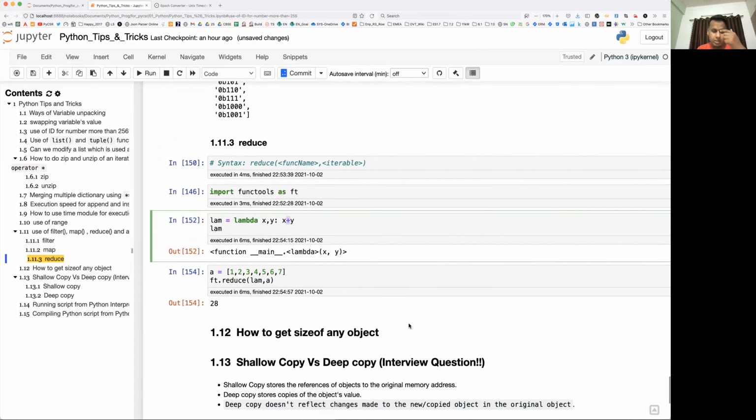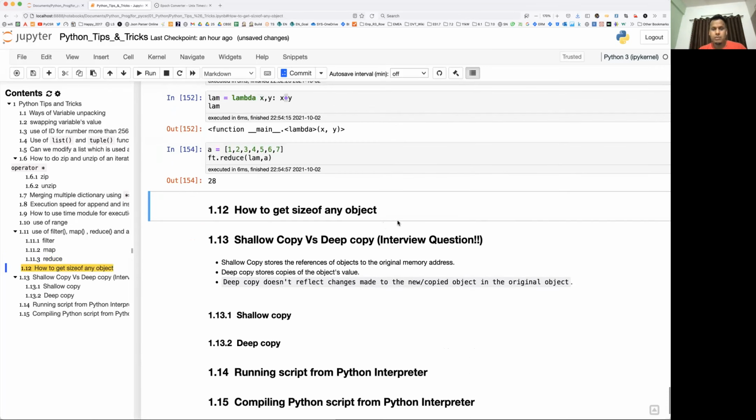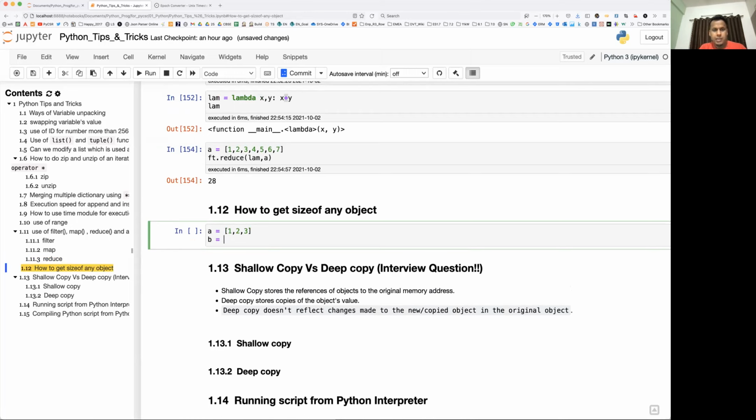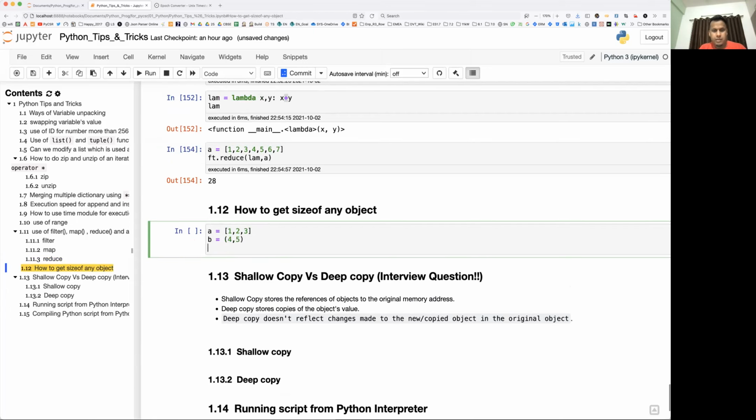Now let's see the next one, how to get the size of any object. I think I have shown you in a previous video how to do that. Let's say I have an empty dictionary or empty list, or let's have some elements, and then some tuple.